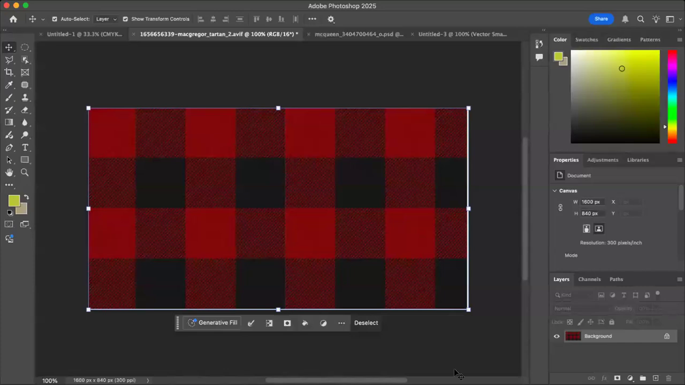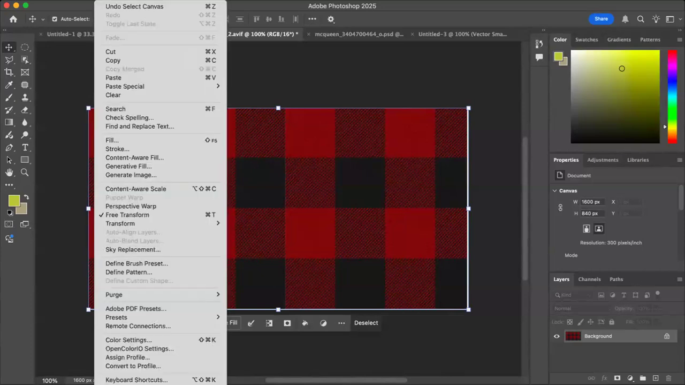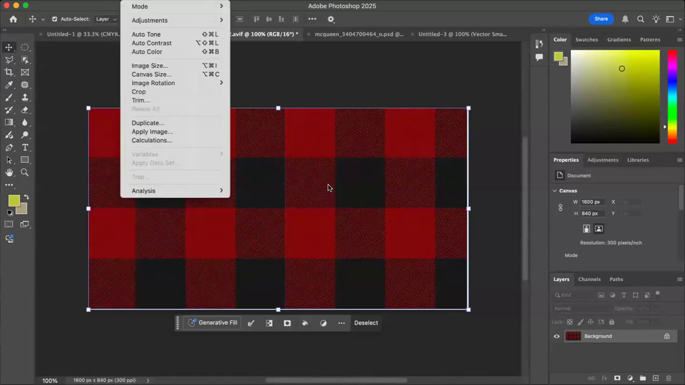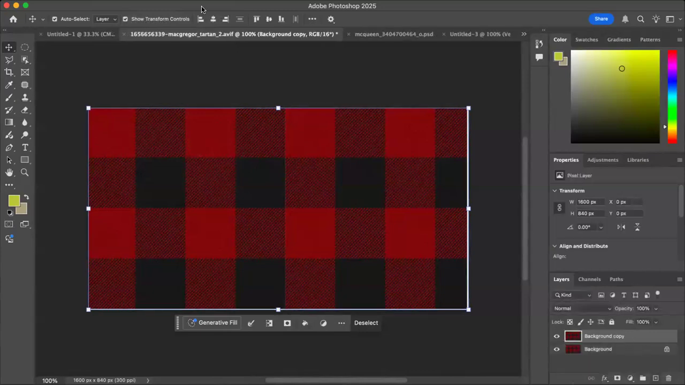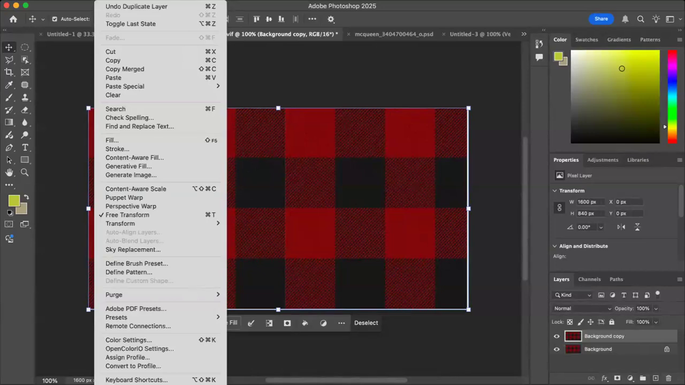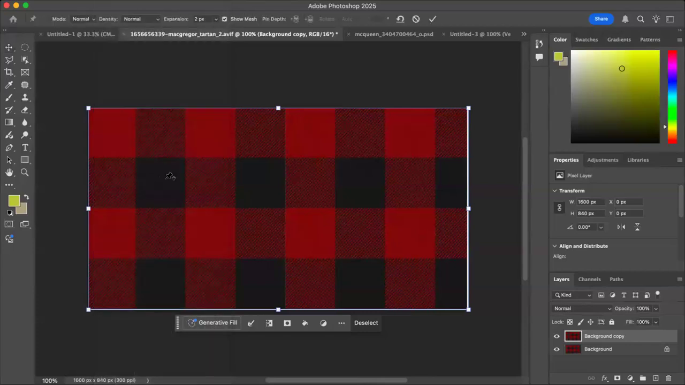Okay, so basically anything that you want to distort or shape or move around, the puppet warp is very handy to use. So make sure you are not on the background layer, first of all. If you go to the Edit pull-down, you've got the puppet warp tool, and